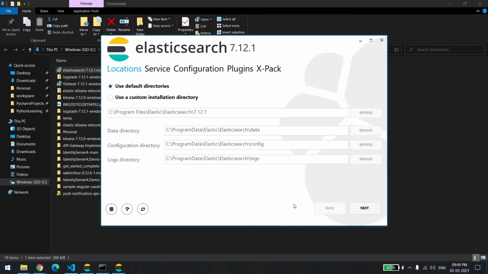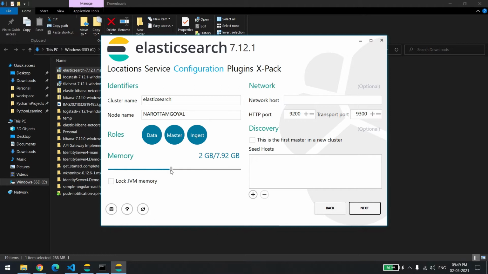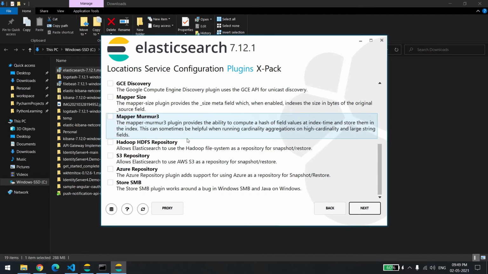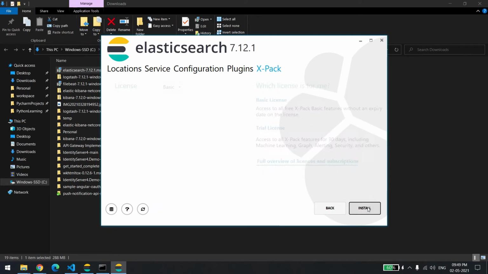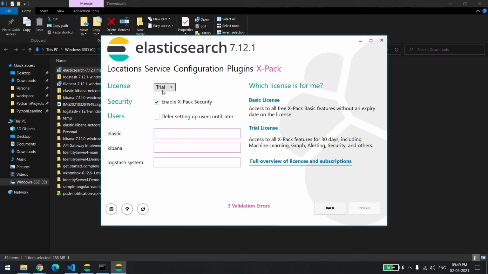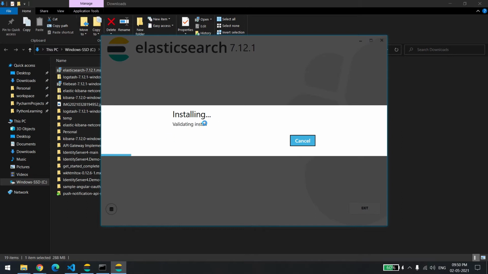Alright, so we will be selecting the default settings. I'm not going to change anything, since it's just a demo. If you want to install any plugins, you can select either one. Since I'm showing a demo, I'm selecting the basic one. Otherwise, you can go for a trial, and if you have a license, you can put that value in also. So I'm selecting the basic license. Okay, so once this is installing,